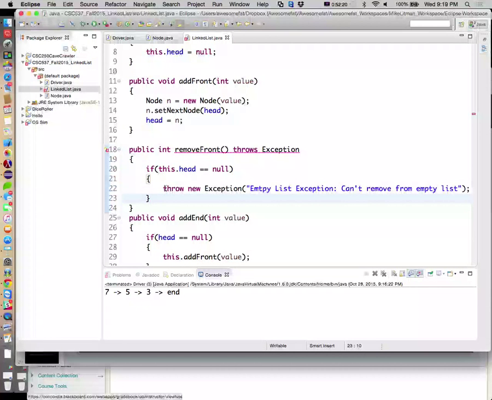All right, so that's what we'll do in the event that we're empty. We'll throw a new exception.